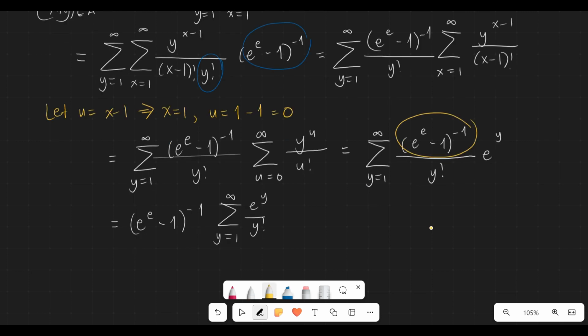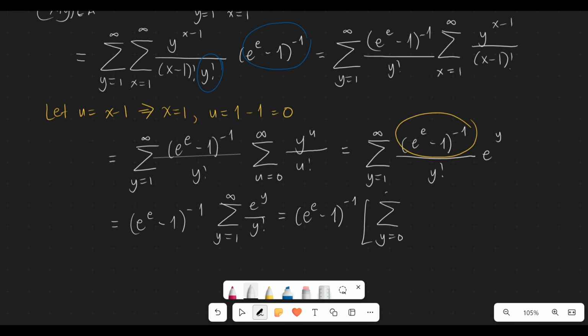So now, notice that this expression right here is almost the Taylor series expansion of e raised to e. However, we should also notice that yung limit kasi nito, yung lower limit niya is y equals 1 instead of y equals 0. If we have instead y equals 0, then this is just the Taylor series expansion of e raised to e. So let's try to manipulate this summation so that it looks like the Taylor series expansion of e raised to e. And so doing that, we get e raised to e minus 1 raised to negative 1 times the summation